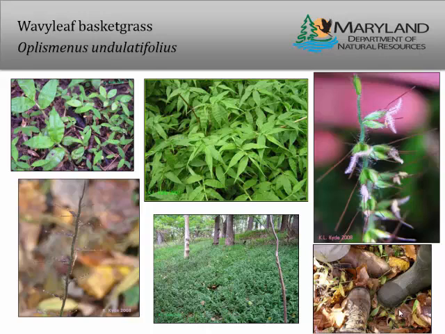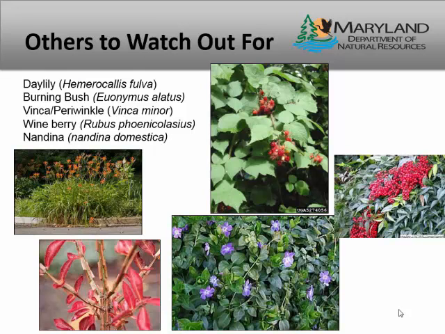Wavyleaf basketgrass is one of the few that was only brought and discovered in the 90s, and is only starting to become a problem. I only mention it because if you see a grass with a leaf that has these kind of crimps, these waves all across the surface of the leaf, it's one to definitely check on and see if you can get a positive ID and definitely get to it before it becomes a problem. The picture at the bottom there is boots that are just covered in seeds. These seeds are very small, very sticky, and really easy to move around.